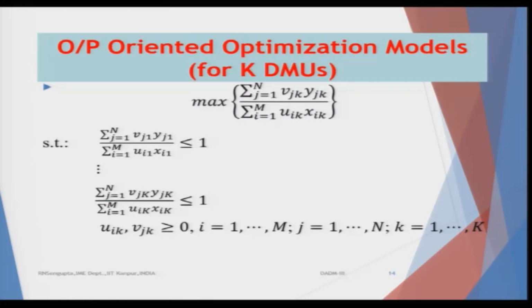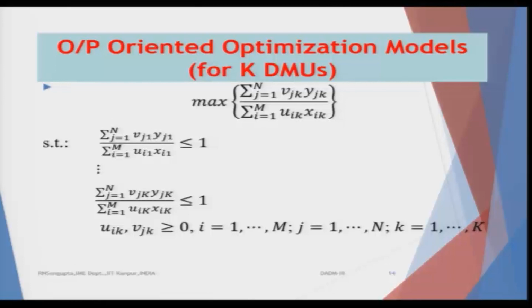The kth one is shown here, where in the numerator we have the bundle of outputs corresponding to the capital Kth one. So, for example, if there are 10 DMUs, it will be the 10th DMU's bundle of outputs, and in the denominator you will have the summation of all the bundle of inputs for the kth or the 10th DMU, and all of them would be less than equal to 1. And in this case, obviously, all the values of the weights u_ik, v_ik, and the variables which you are considering would be greater than equal to 0. Now, this is the problem formulation, and we have such k number of DMUs where k is 10.